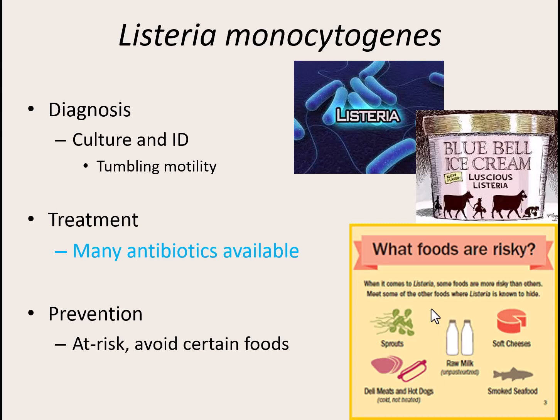So avoid certain at-risk foods. A lot of these foods are things that even pregnant women are encouraged not to eat while pregnant. The things that usually have the highest chance of having these bacteria are usually the ones targeted in recalls: Brussels sprouts, deli meats and hot dogs, raw milk, which I don't know why you'd want to drink that either, various soft cheeses like brie, and smoked seafood. Although they put this on here because in 2015 Blue Bell ice cream had a huge outbreak of Listeria.